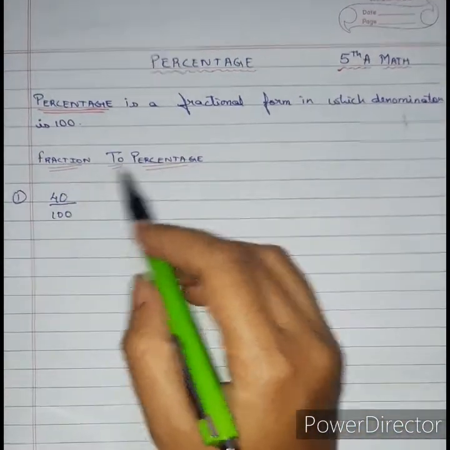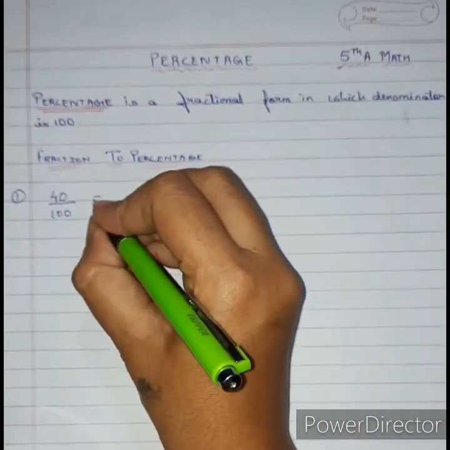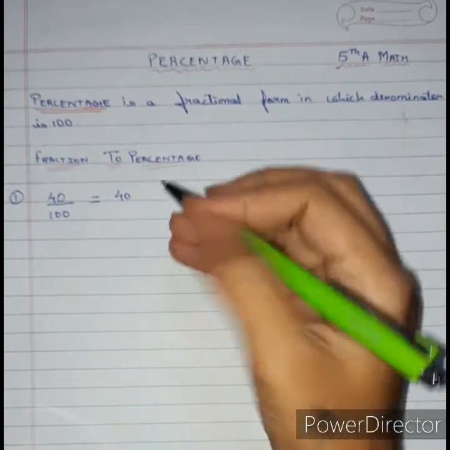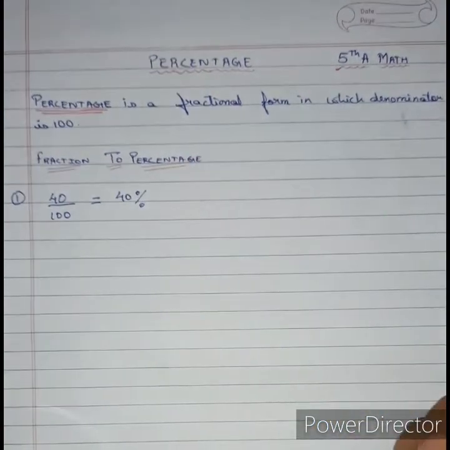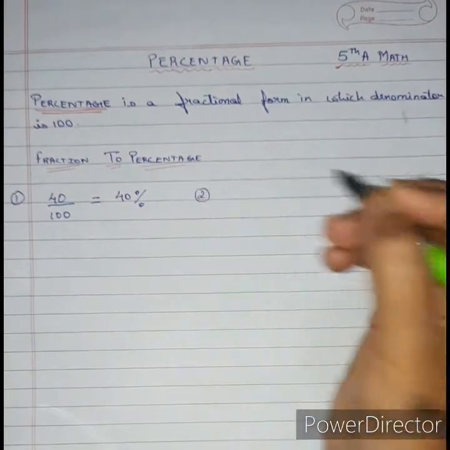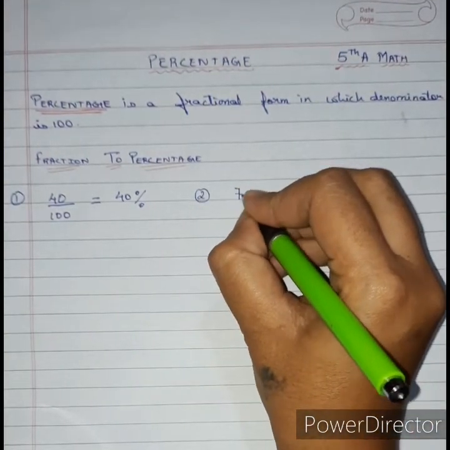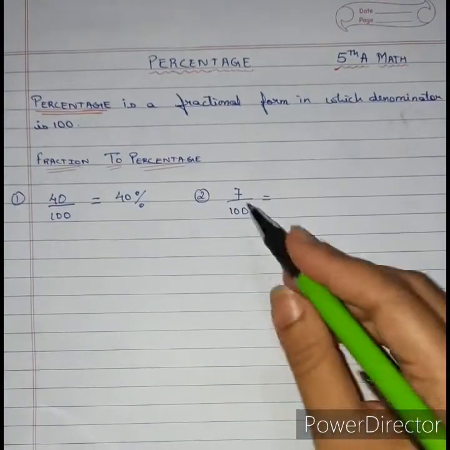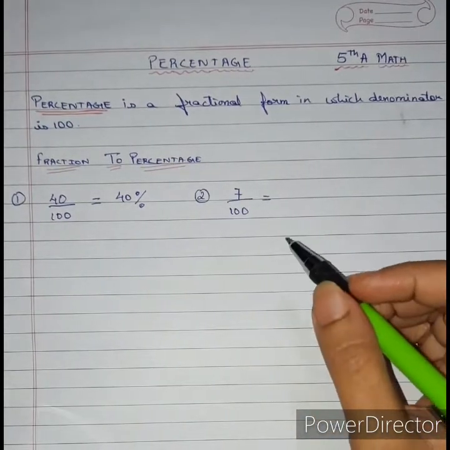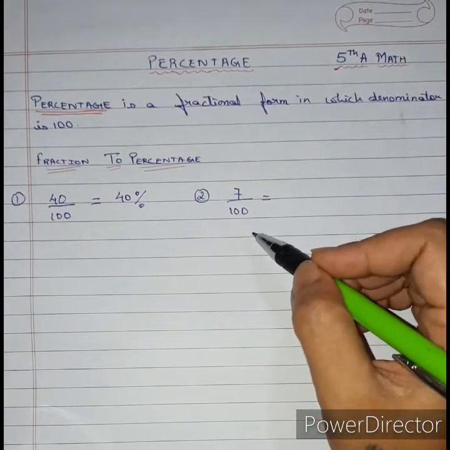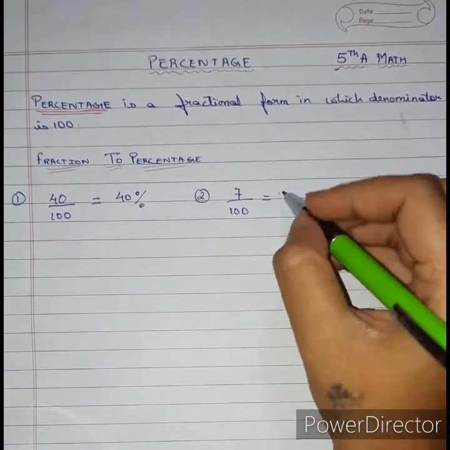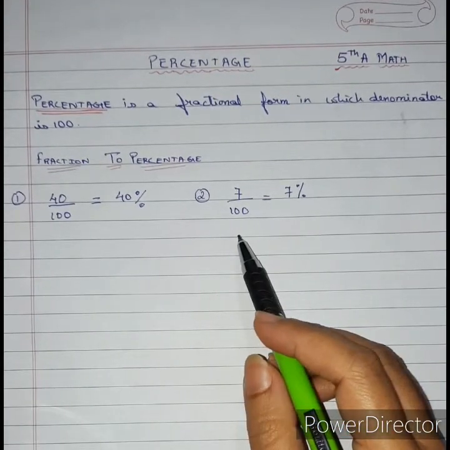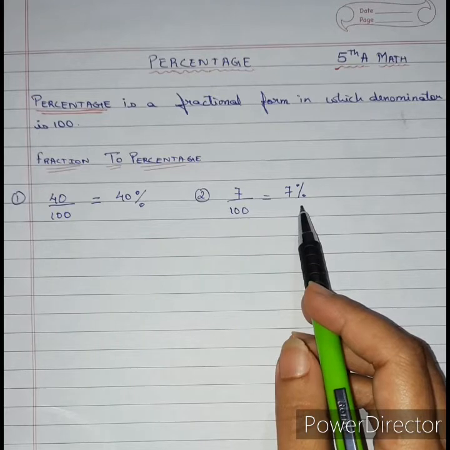Now from fraction to percentage is very easy. What you have to write is just the top number 40, and if it is upon 100, you can directly write the percentage sign. Let us take one more example. Let us say the percentage of the student is in this form, 7 upon 100 marks. Okay, 7 marks he obtained out of 100. So what is the percentage? So it will be just 7%. We remove the denominator because it is upon 100. So directly you can convert to percentage form.